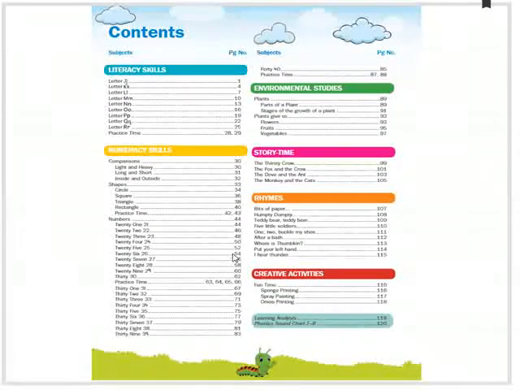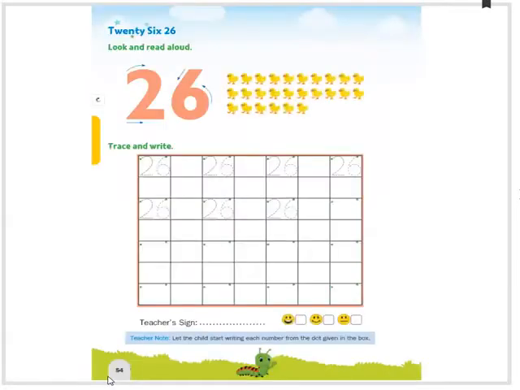Open your page number 54, that is 54. See, we are following the same book; we just completed the comparisons and shapes, so you just go on learning the numbers. Today it's your turn to write the number 2, 6, 26. So what should we start from? Yes, we have to start from counting the ducks. Count along with me.